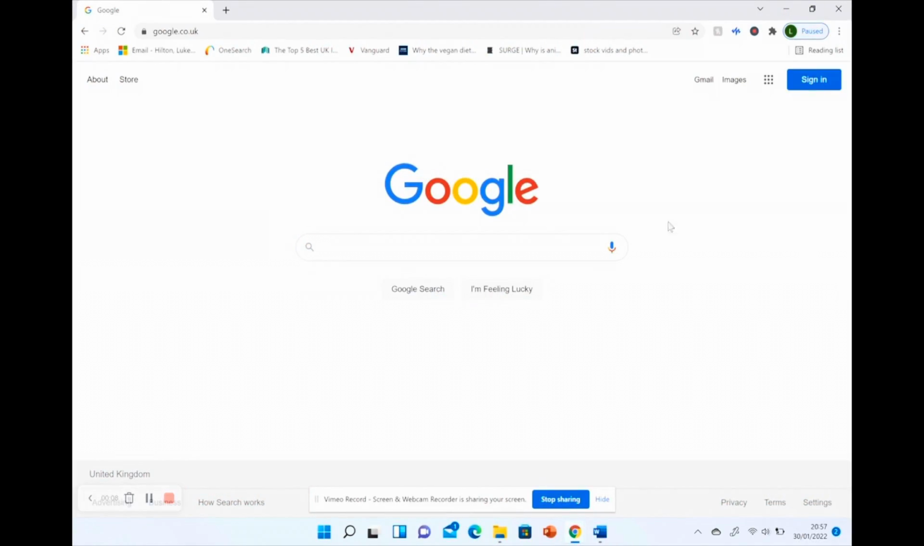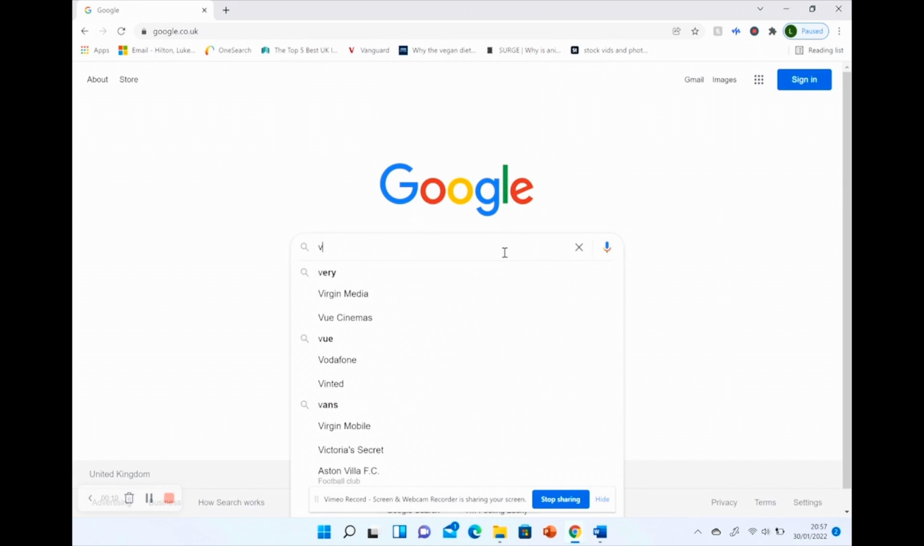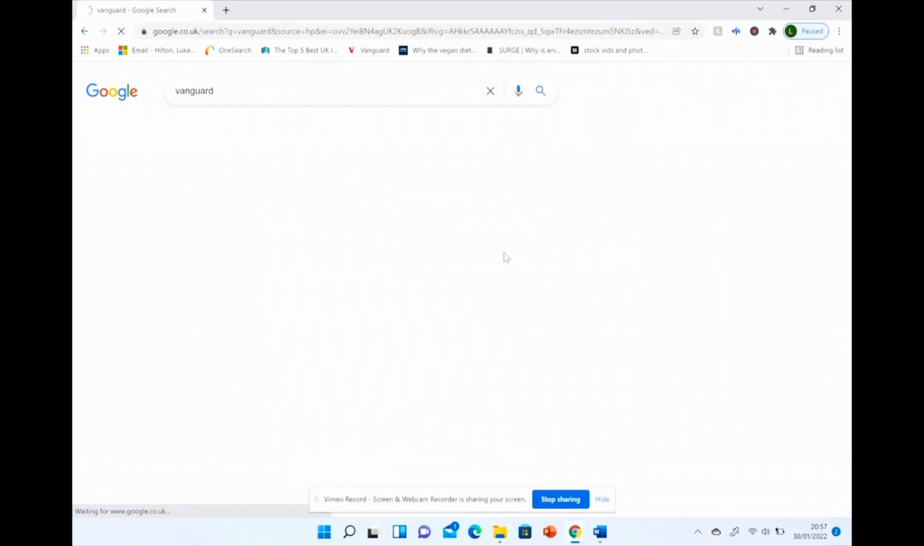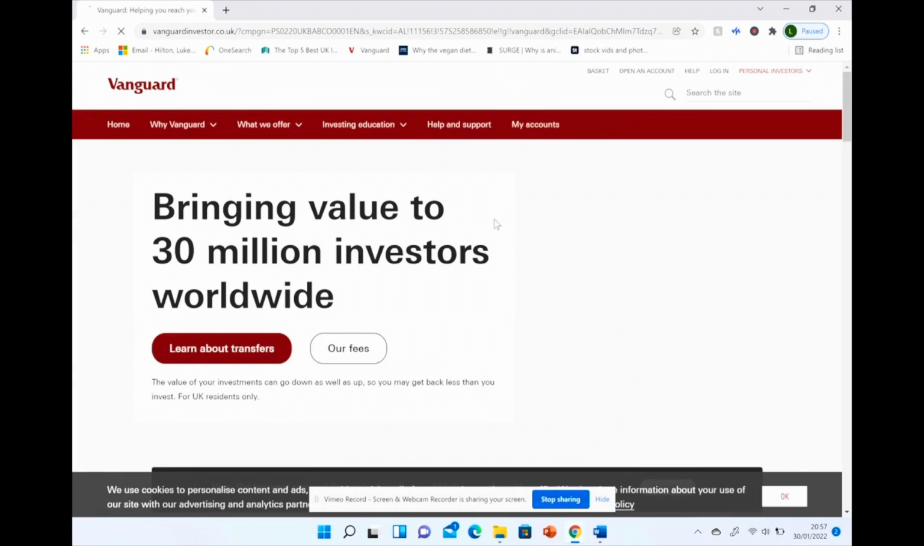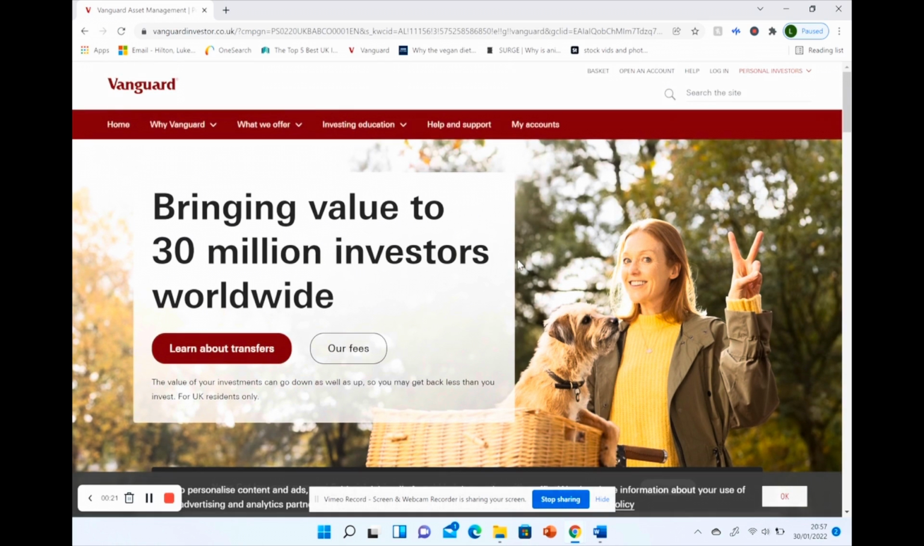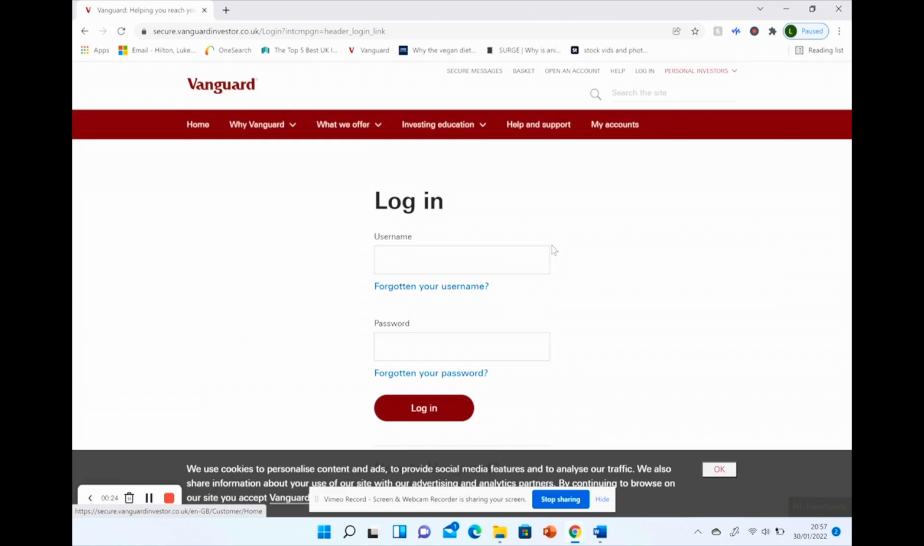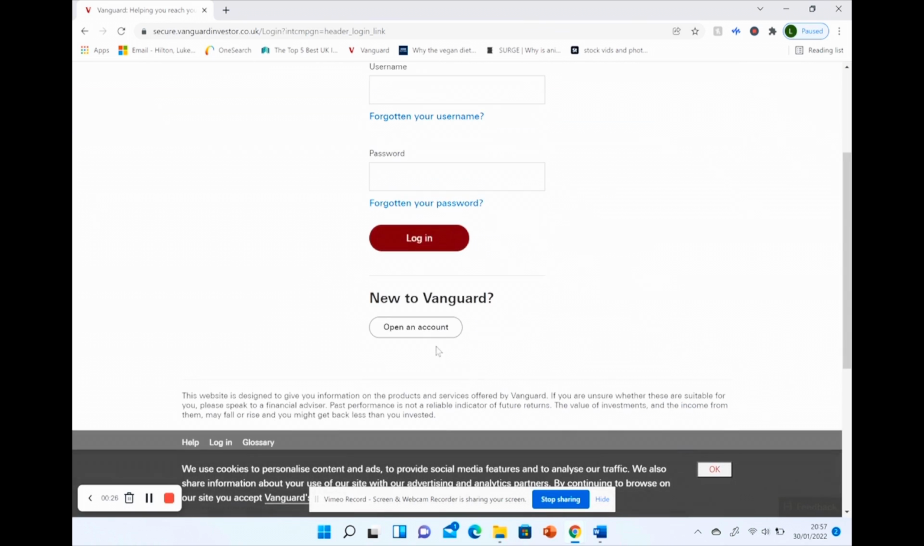So first of all, what you do is go into good old Google, type in Vanguard, and it should be one of the first ones. Well, it is going to be the first one that comes up. Click on the link, and here it will give you the option. Well, for me it says login. You click on the login link and you put in your username and password. If you haven't got an account, it will say open an account, and that's the process you go through